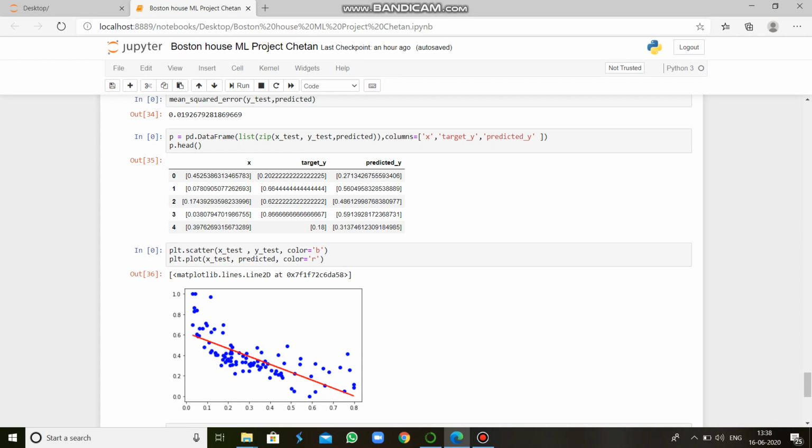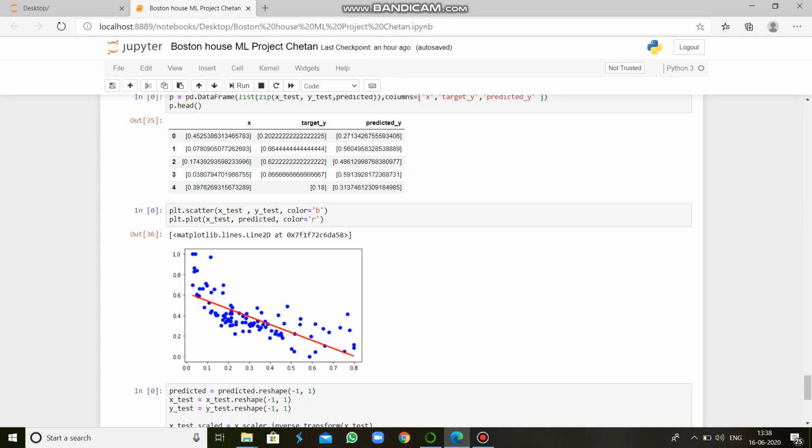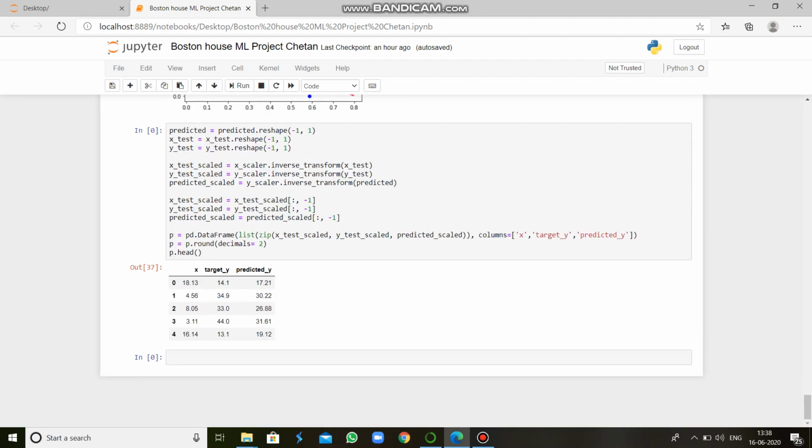The parameters to the function are the data to be scaled. Once we have scaled the data, we remove the extra dimensions by a slicing operation. Finally, if you display the data frames, you will see the predicted prices and actual prices side by side.